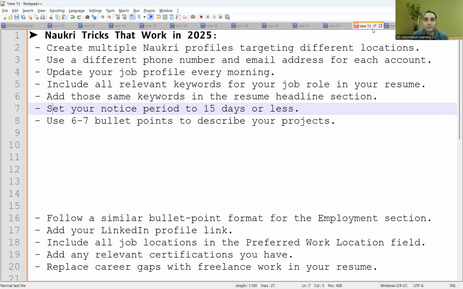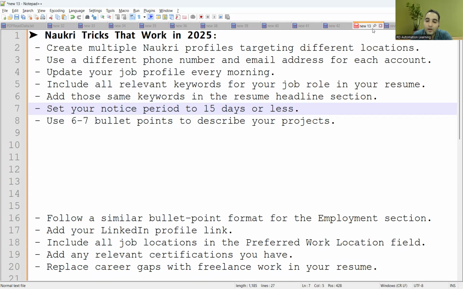Now, let me share a few of the tips and tricks that many of my subscribers followed, and they have started getting calls. First, you should create multiple Naukri profiles targeting different locations. For example, if you are in Bangalore and in Pune as well, create two profiles so that Bangalore based companies will find your Bangalore based profile and give you calls.